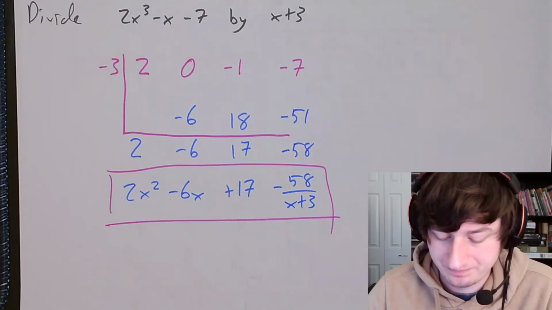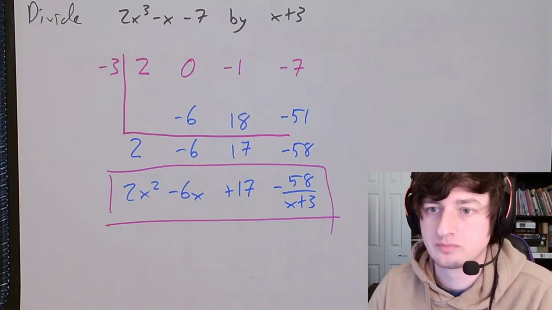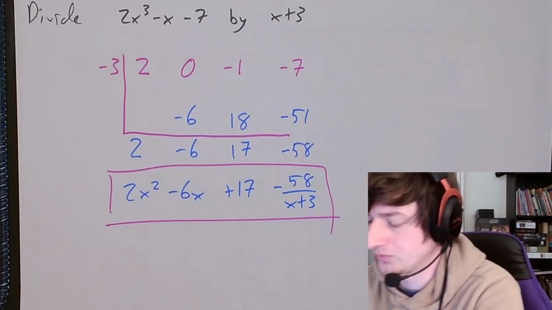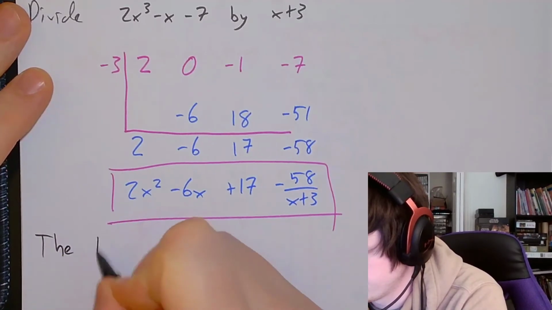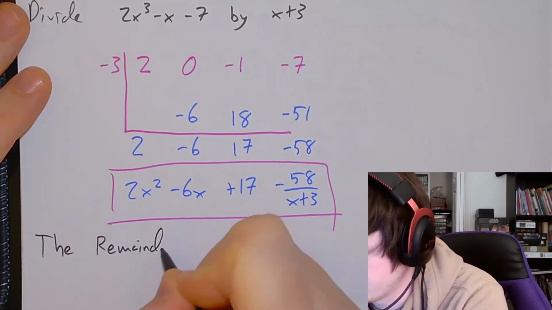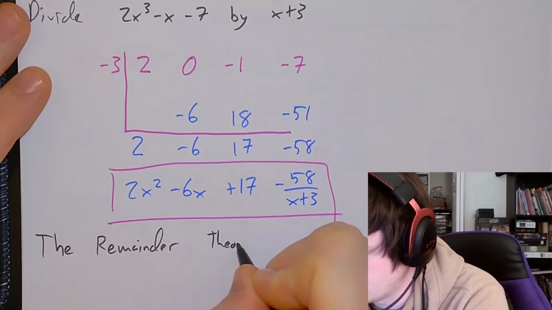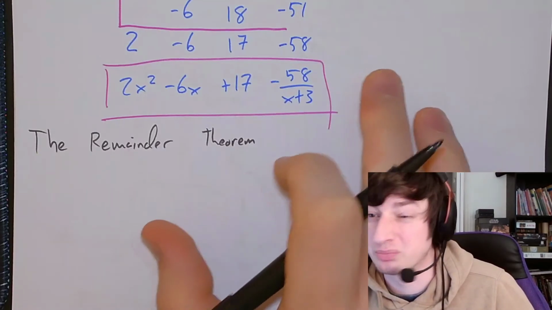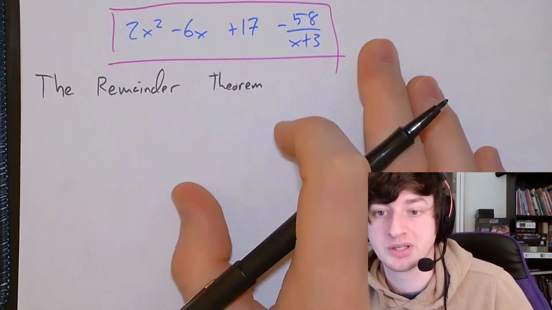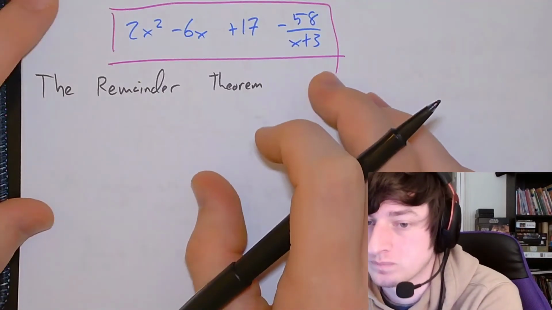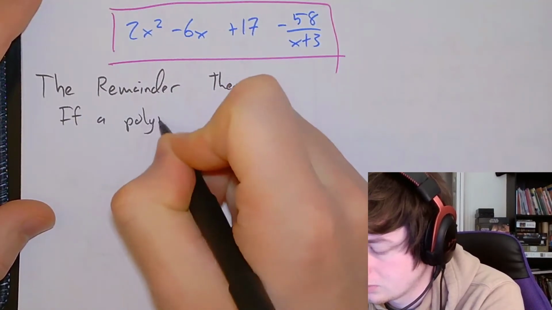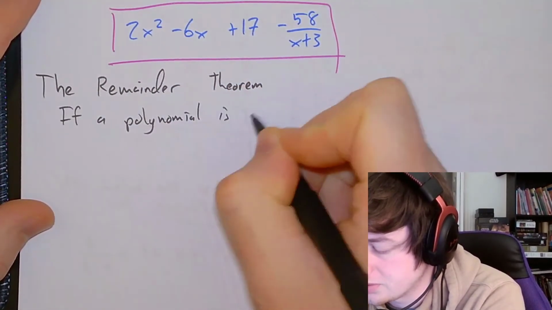We have a theorem. So the remainder theorem. We're not going to prove this theorem. The proof is in your book. If you want to go look at it, you can go look at it. If a polynomial is divided by